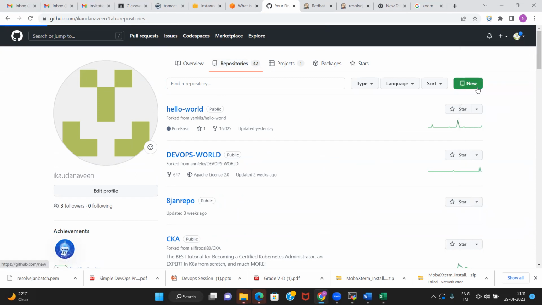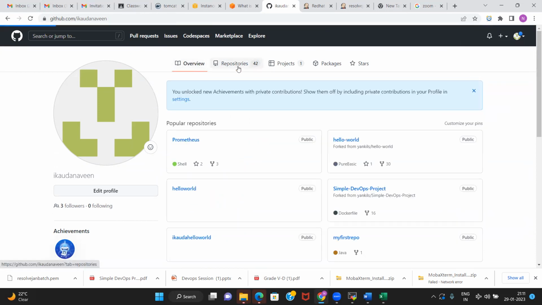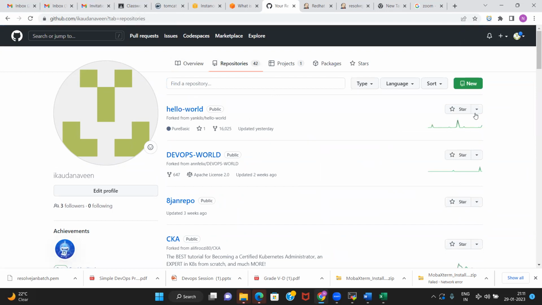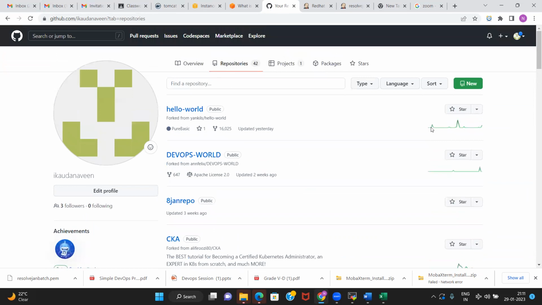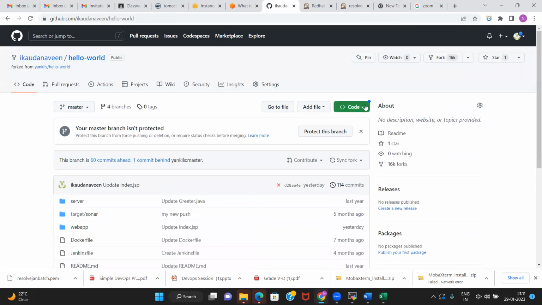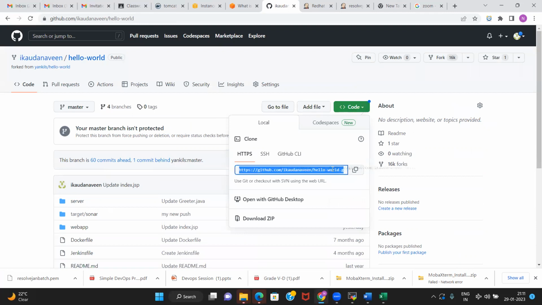You have this hello world repository. Now you need to go inside this hello world repository, and then you will be using this. You can name it anything, but you need to use this link, not mine.